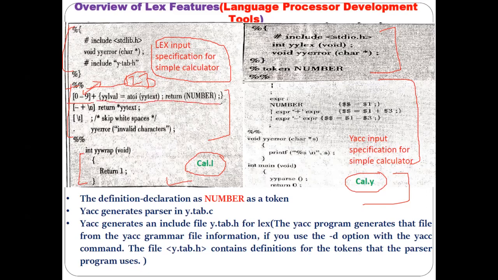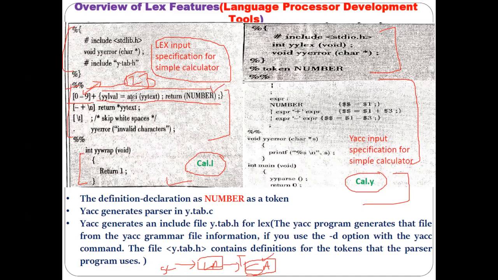If this rule matches, the action part is nothing but returning that number to the syntax analyzer, because we have to send the tokens to the syntax analyzer. This is the scenario we have discussed: input source code goes to the lexical analyzer, then the lexical analyzer generates the tokens, and those tokens are sent to the parser or syntax analyzer. Once the lexical analyzer recognizes a token, it has to send it to the syntax analyzer, and for that purpose this action has to be written in the lex rule.